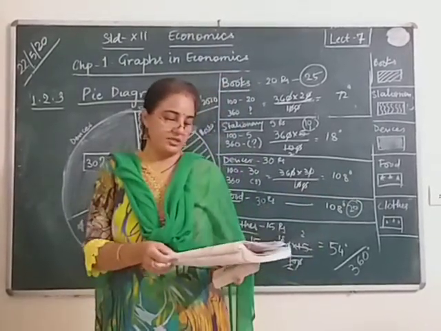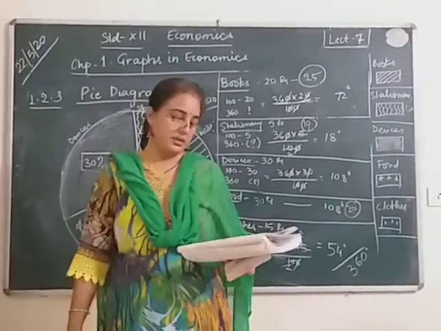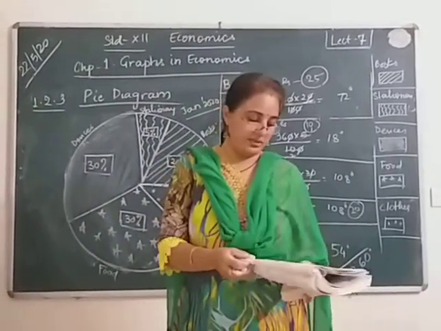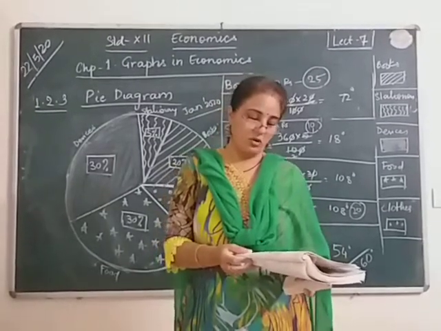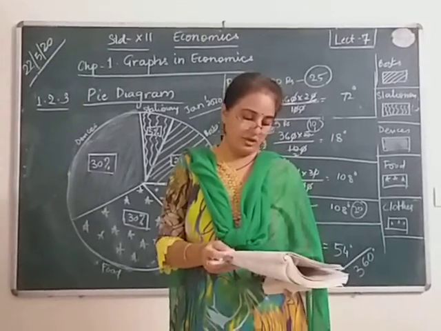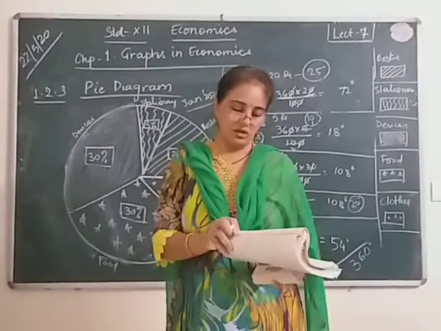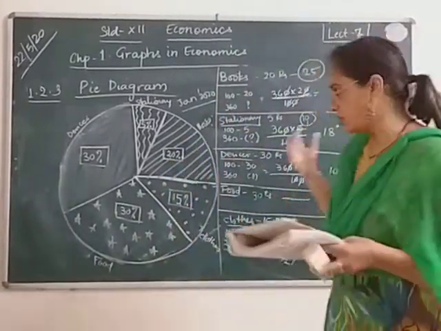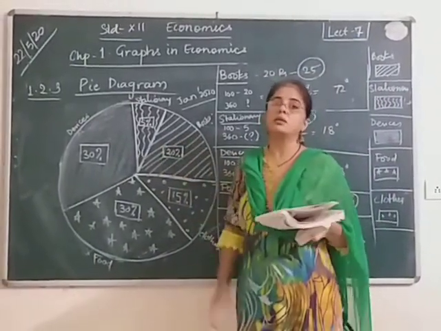So if relevant data is to be compared across regions and time periods, then 2 pie graphs can be drawn side by side. For a data set which is smaller, with a smaller total value, a circle with smaller dimensions is drawn, and for a data set with larger total values, a circle with bigger dimensions is drawn. It depends. If the values are small you can take a small circle, and if the values are larger you can take a bigger circle.